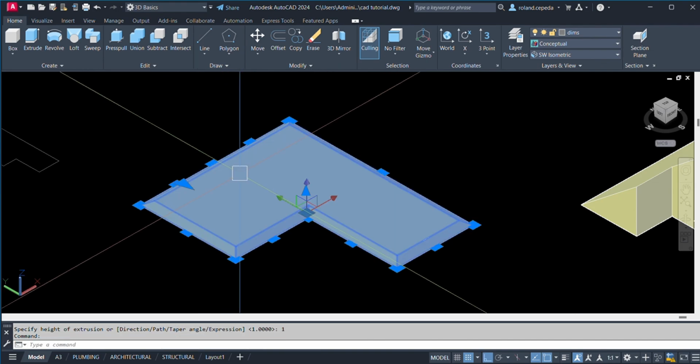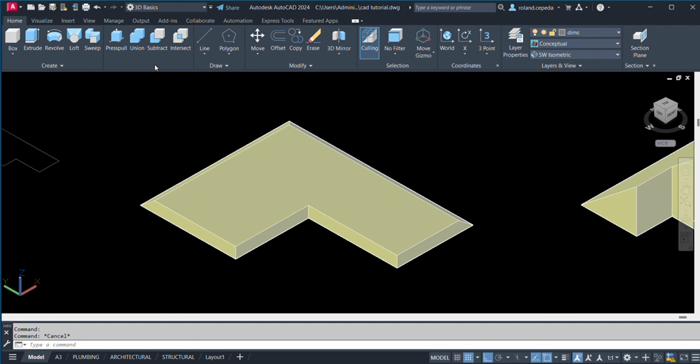So we have there, and then let us finish the command by selecting the offset faces under the edit command or solid edit.